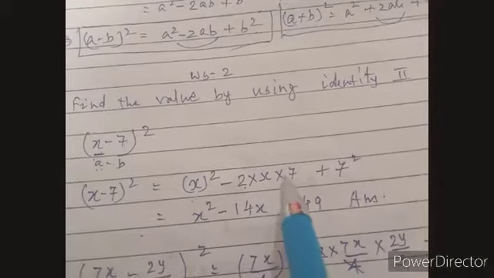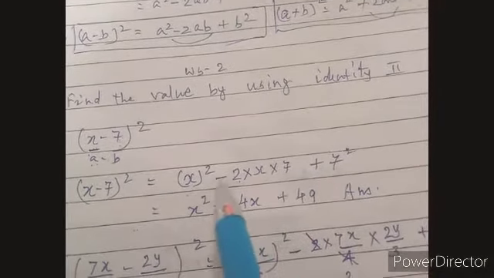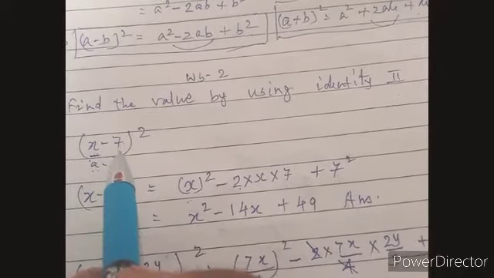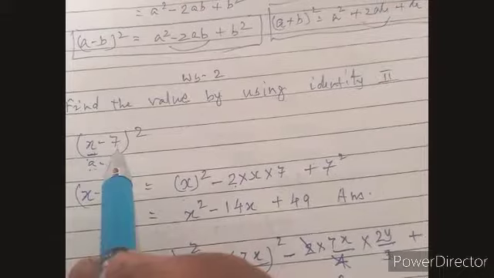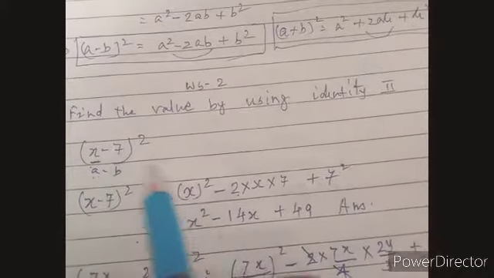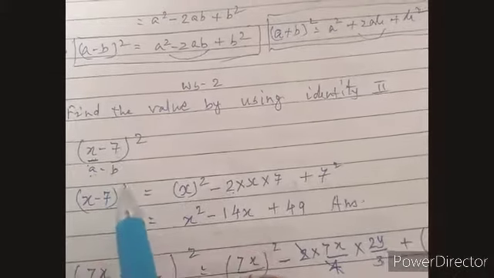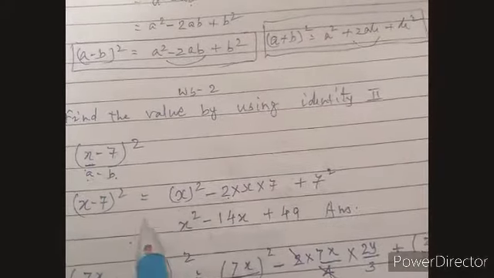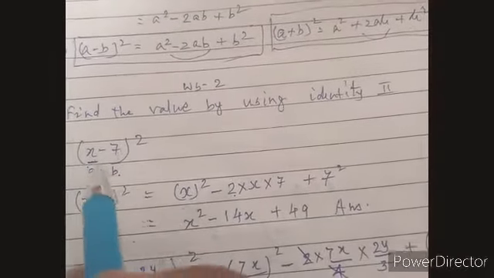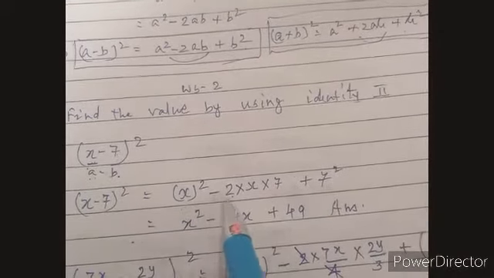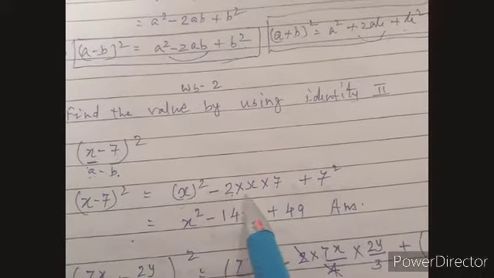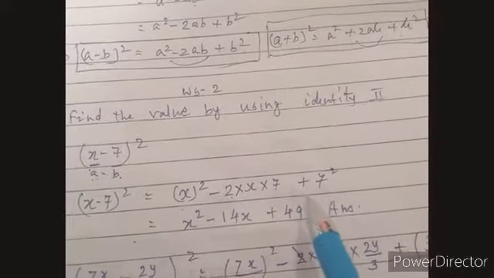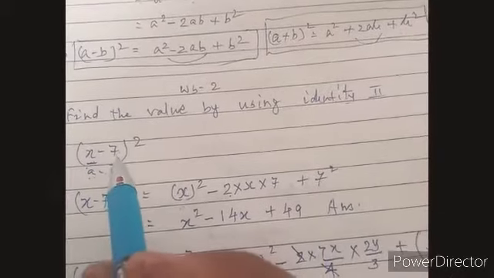So here there is no need of writing minus 7, because the minus sign is already given over here. Whatever the term here, you have to recognize only B. It is 7, and plus B square. In place of B, it is 7, so 7 square. All of you understood? A square, for A it is x, minus 2AB, minus 2 will remain the same, A is x and B is 7. Okay, and plus B square. In place of B it is 7.